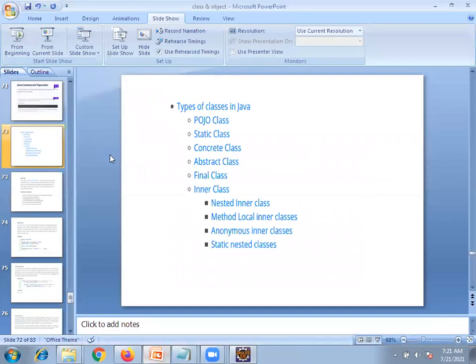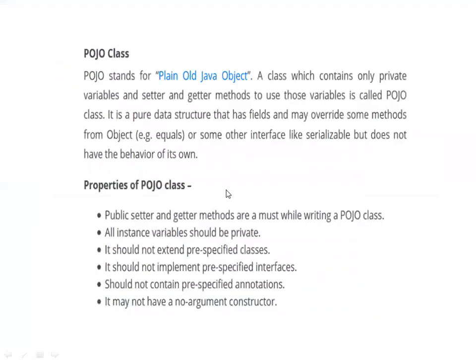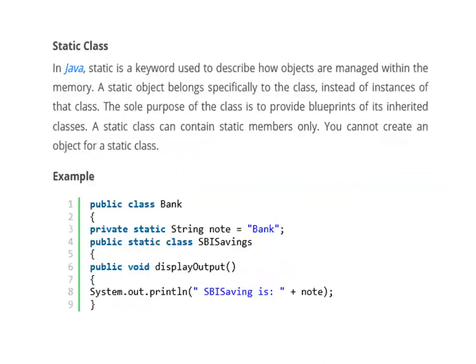Okay. Now we are clear on POJO. What is a POJO? What are the rules for a POJO? When we call it a POJO class, it will have only private variables, and for the private variables setters and getters will be there, and there are no constructors. No extension, no implementation, no annotations. That we are going to call a POJO. A POJO always helps to exchange data between two layers, between two objects. Clear? Yes.